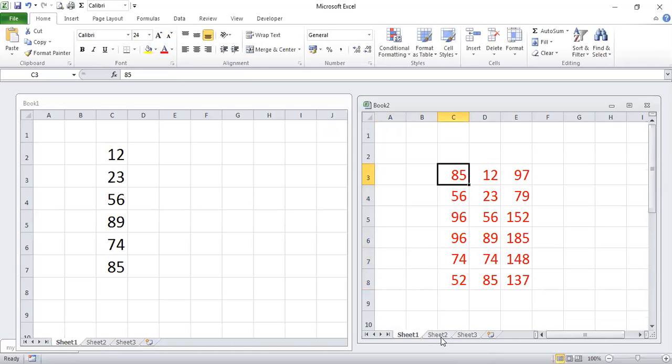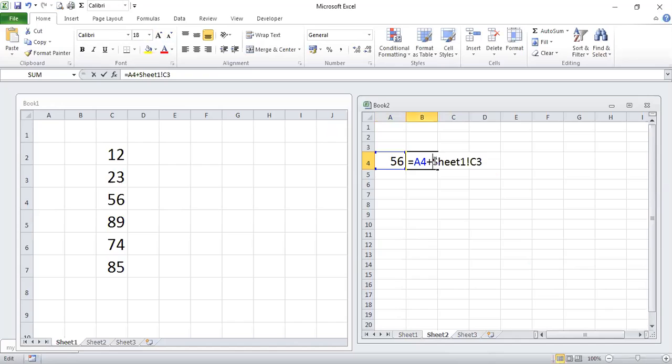So 85 and 56 is added over here, right? So this is how we can use the cell values present in one sheet into another sheet, or in one workbook into another workbook. Fine.